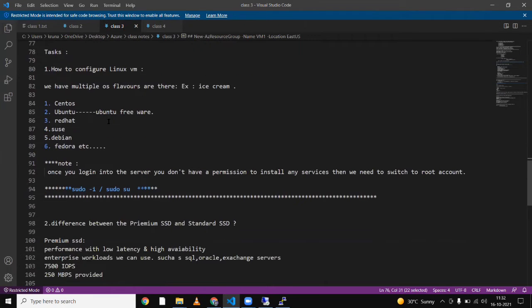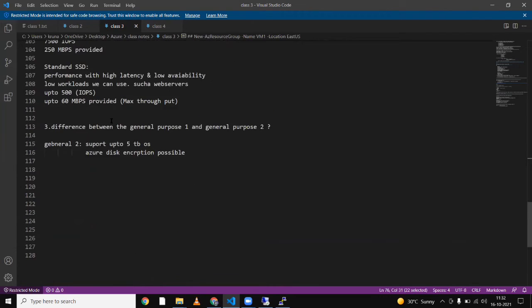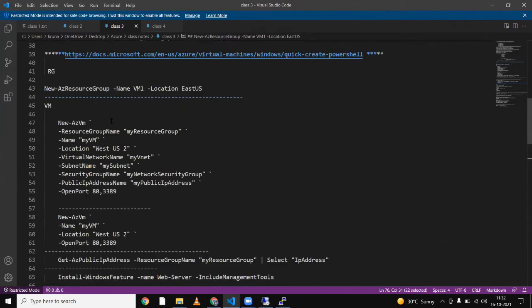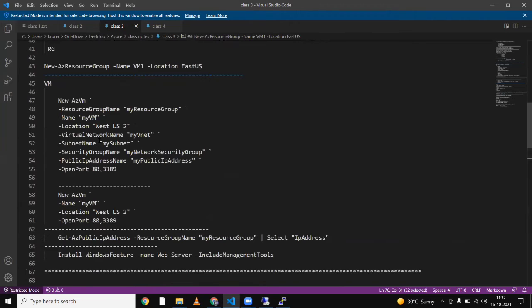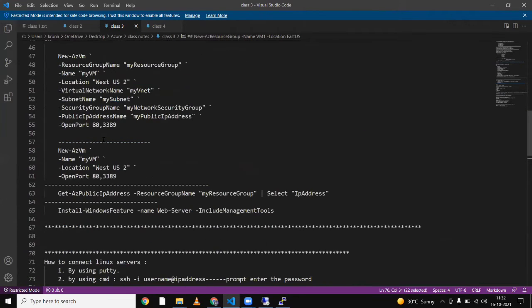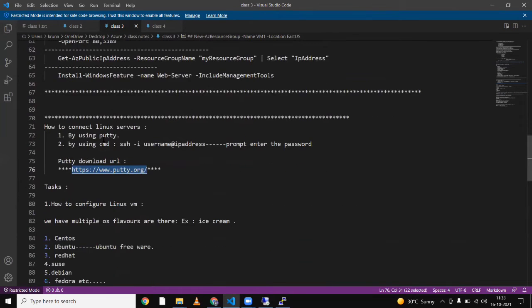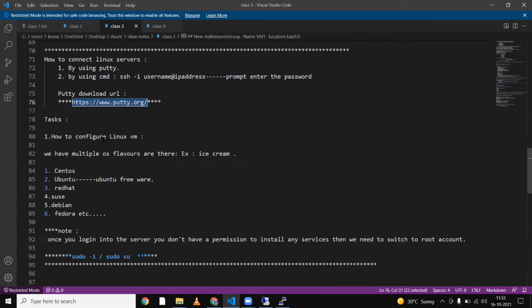As I already told you, we have flavors for the Linux operating system virtual machine, and we selected the Ubuntu flavor.